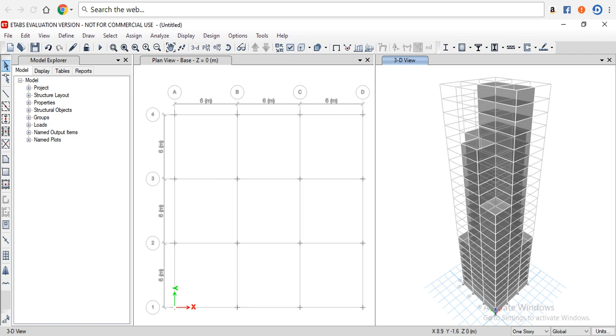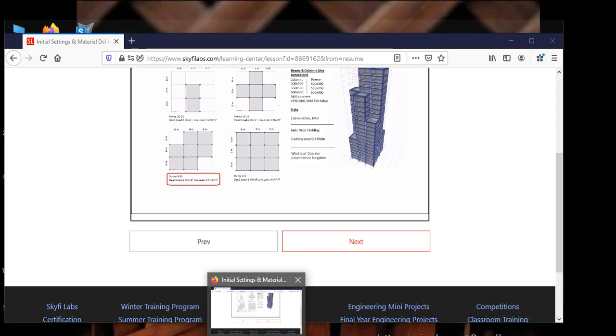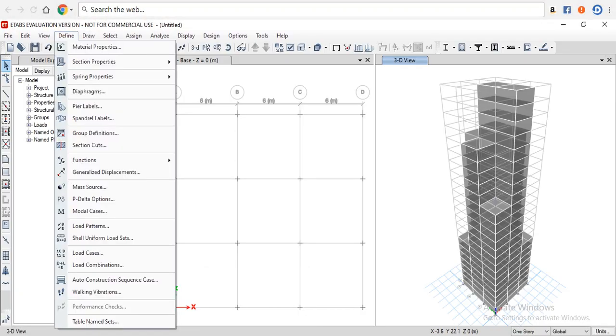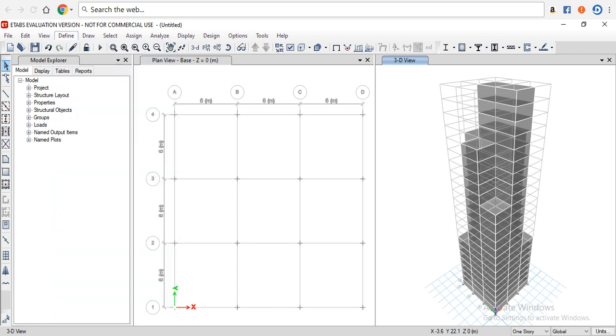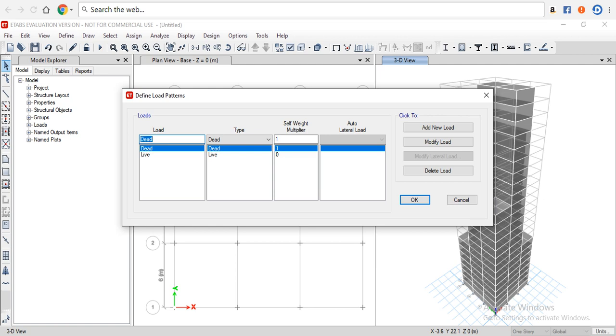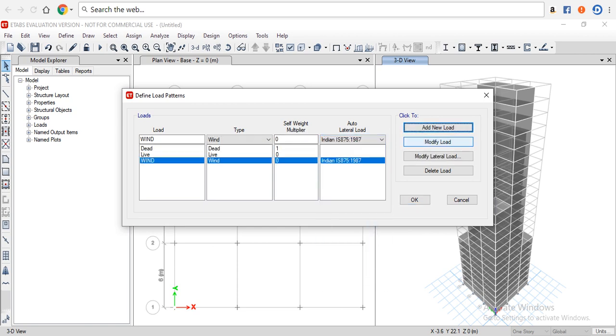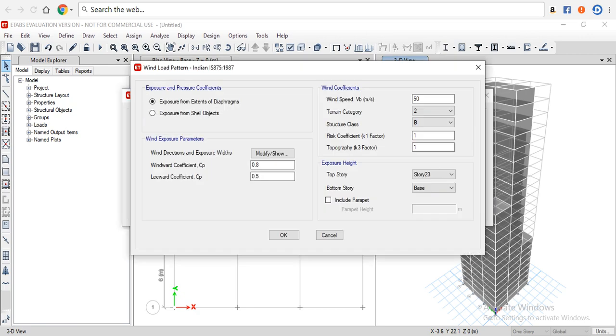For wind loads, we will use the IS code, IS 875/1987 part 3. Wind loads are considered. Go to the define menu, go to the load patterns, type here wind, and the type as wind. Here the code is 875/1987. Add new load, go to the modify lateral load and the wind speed. The given parameters are in Bangalore,